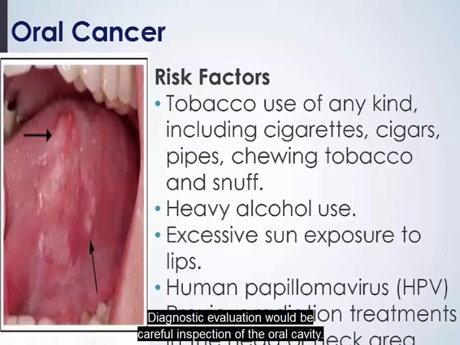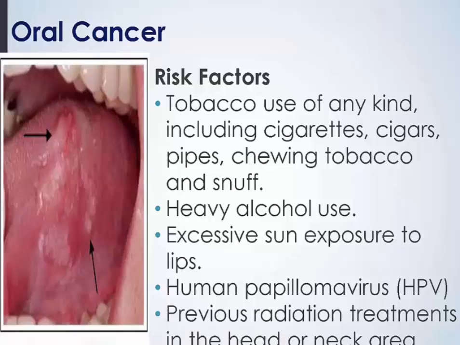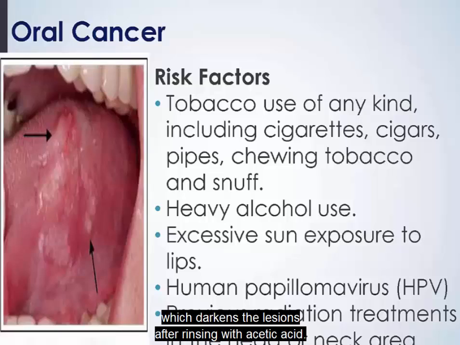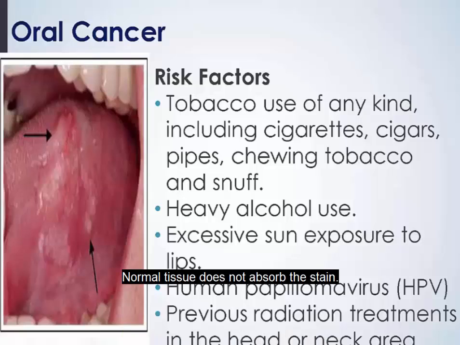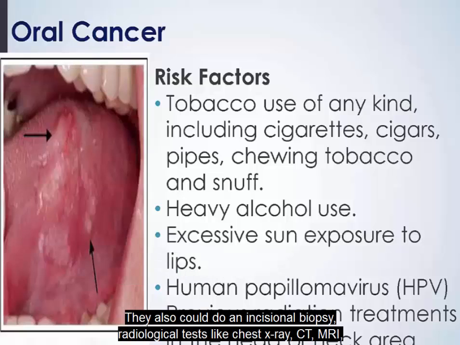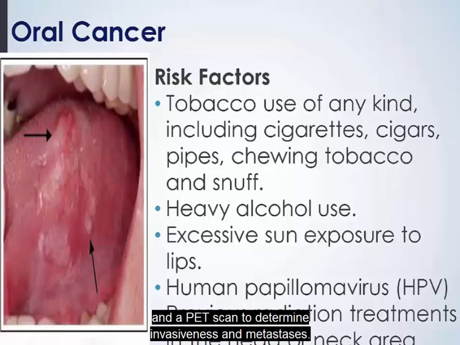Diagnostic evaluation would be careful inspection of the oral cavity. They may do a flexible or rigid nasopharyngoscopy, which is to visualize the nasopharynx and pharynx. Staining of the oral lesions with toluidine blue, which darkens the lesions after rinsing with acetic acid. Normal tissue does not absorb the stain. They also could do an incisional biopsy, radiological tests like chest x-ray, CT, MRI, and a PET scan to determine